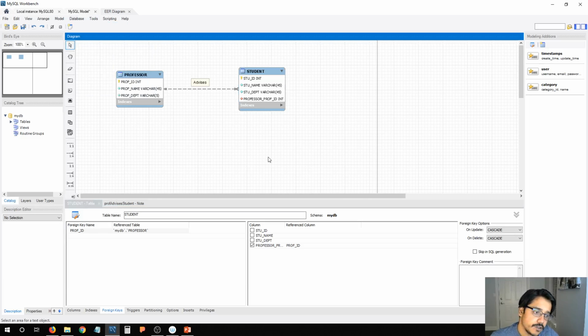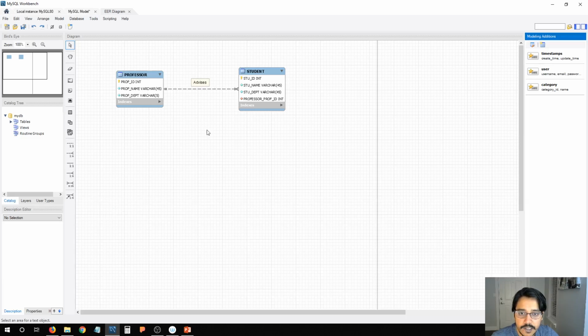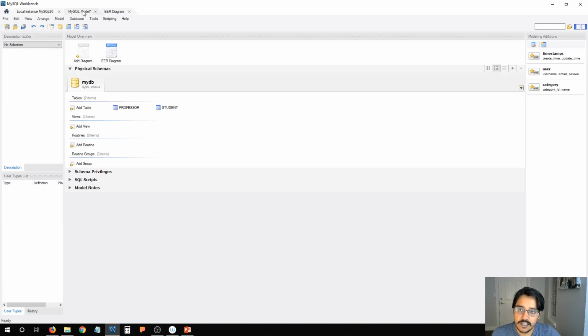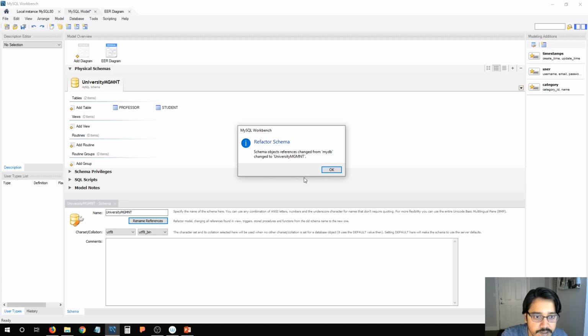Okay. So once this is done, you can keep on adding more entities and relationships here in this palette using the same way. So this is one way of doing it. And in the MySQL model, you can rename your database, right? You can change your database name to, let's say, University Management. Okay, University MGMNT, something like this. Okay, rename references,